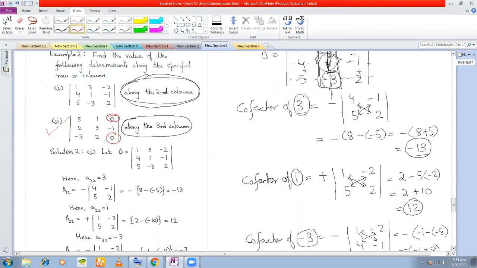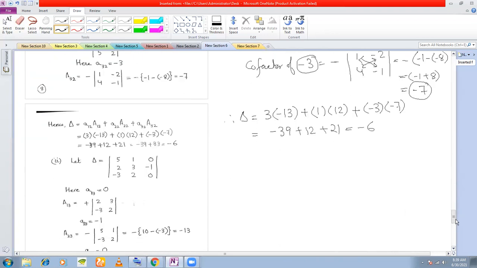That is why. So what will happen is when you're multiplying this element with its minor, you'll get it as 0, right? Isn't it? The product will be 0. So if given a choice, we would obviously have chosen the third column to find out the value of the determinant. Okay. So you can choose any row or any column, but try to be a little judicious in your choice by seeing which column or which row has the maximum number of zeros. Okay.